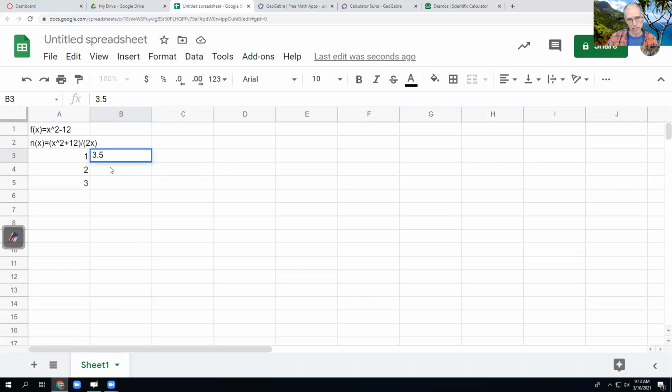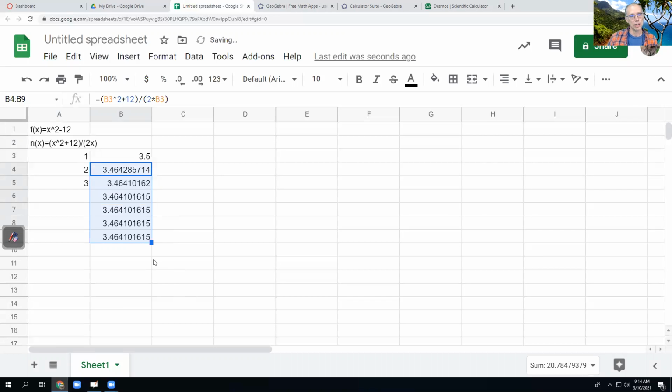And then to get the previous answer, it's just a matter of clicking on a cell. So equals, parentheses for the numerator, the previous answer squared, plus 12, close the numerator, divide, start the denominator with parentheses, 2 times the previous answer, close parentheses. So you've got to be careful with parentheses because you don't have a stacked fraction here. And then all you have to do after that is just click back on it, grab the autofill button and